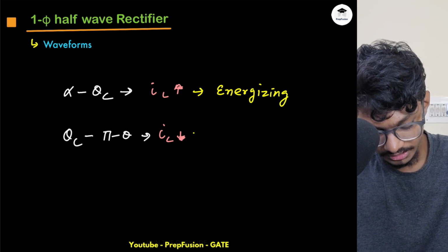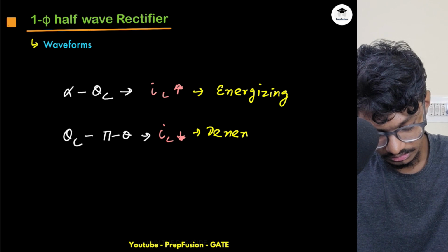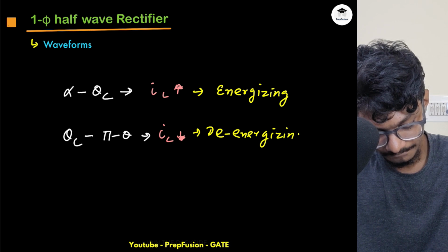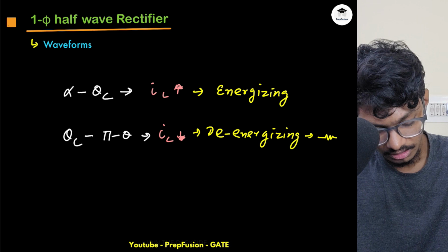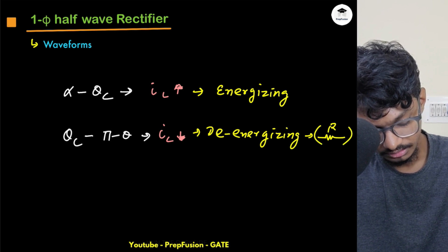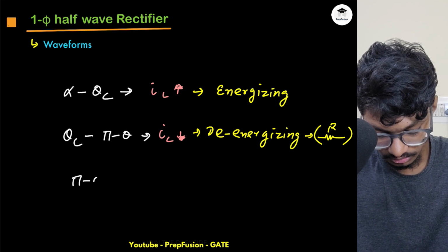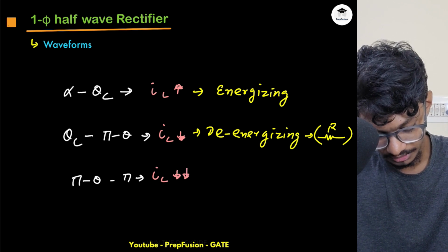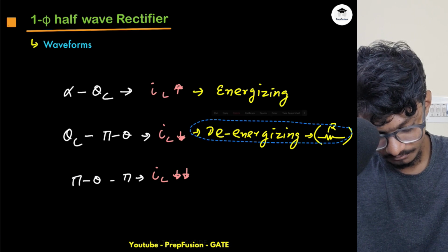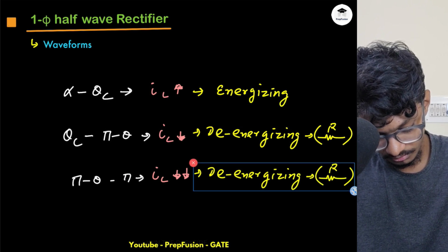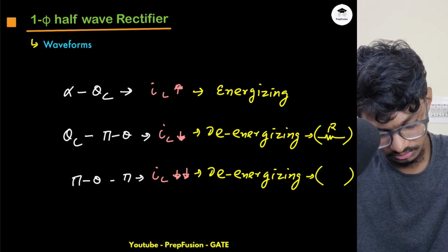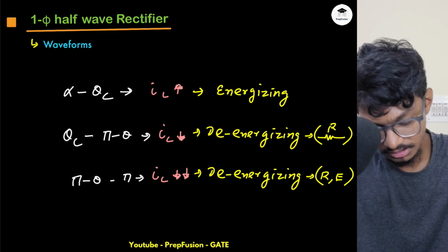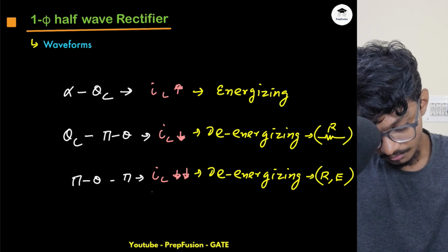Because the inductor is de-energizing through the resistor R. From pi minus theta to pi, IL will reduce much faster, as it is de-energizing through R and E. Then from pi to